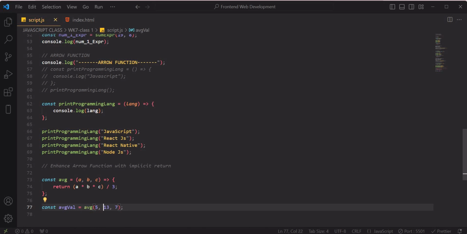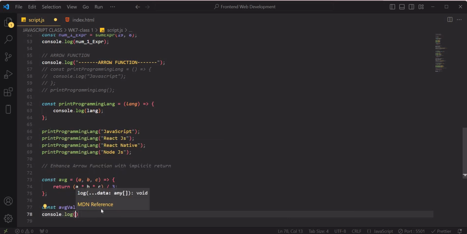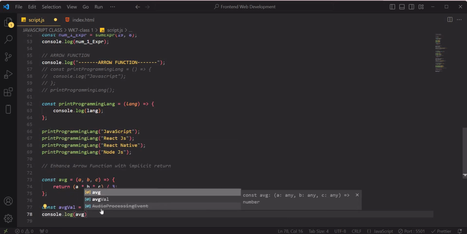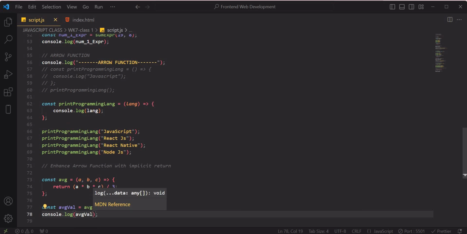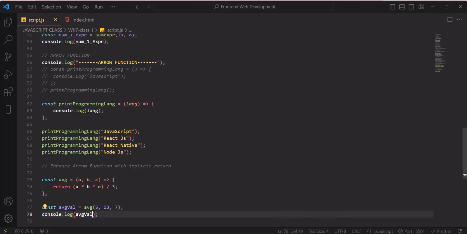So console.log average value. To save, let's see what we have. So we have 51 and 51.666666. So now this is what we have, but we can use